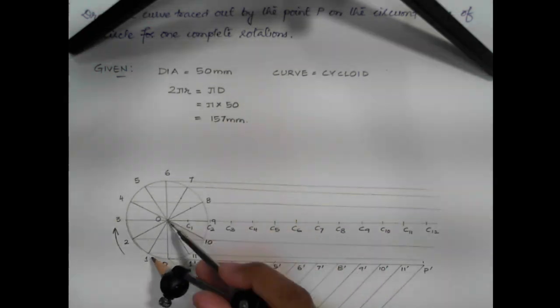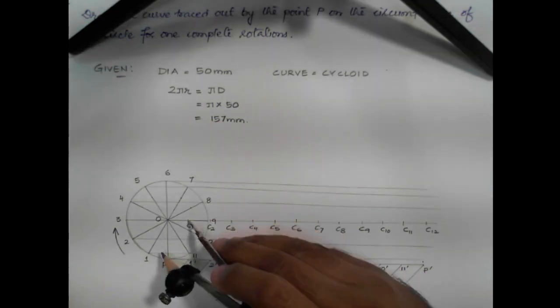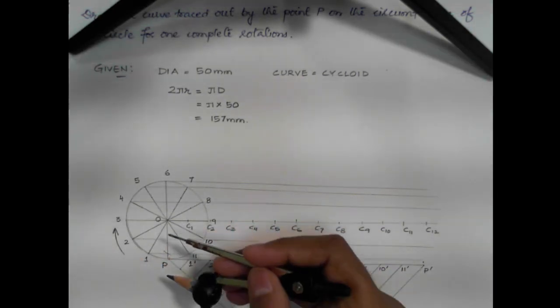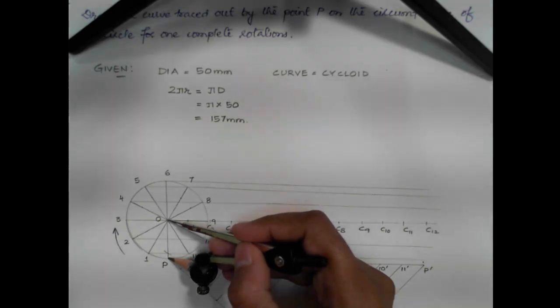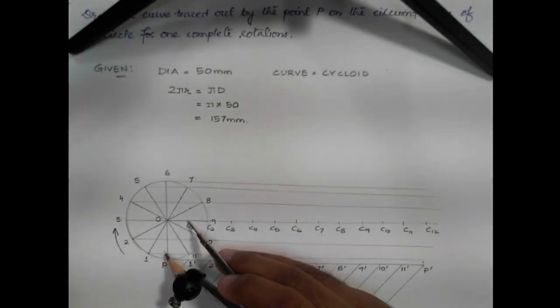Keep that O in point 1. I repeat, keep that O in point 1 and then keep your C, the sharp edge, at C and cut the line which is coming from 1. I repeat, when you take the distance from OP, you keep the compass at O1. Take the same angle of that particular compass and cut from C1 and 1.